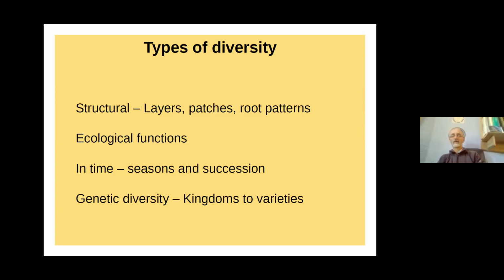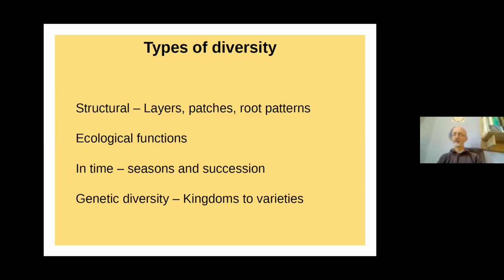That's from light-rich, nutrient-poor habitats to nutrient-rich and light-poor habitats, and the stages in between, and the way we can manage these stages as well. And then finally, there's the genetic diversity, all the way from the five kingdoms of life to individual varieties of a particular plant. So what I want to do now is look at a few examples of forest gardens